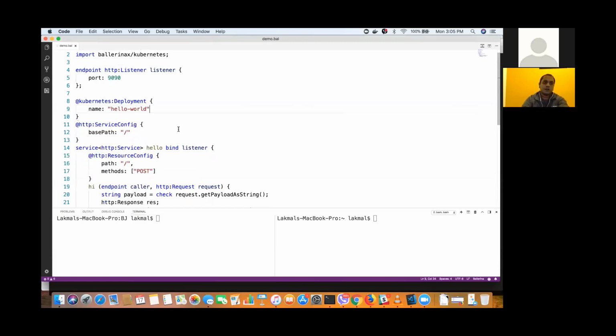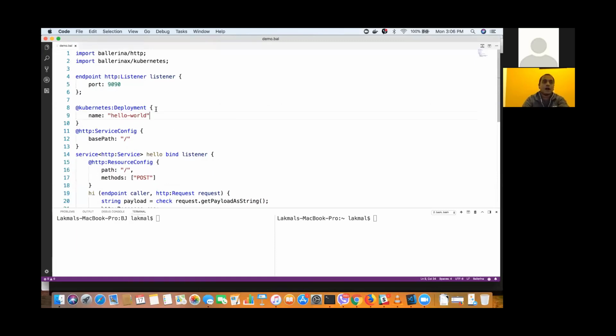Now I just put the name as hello world. That's enough for my demonstration. I'm not setting any liveness probe or other things, or even the replica count, though I could. This will create the Kubernetes deployment YAML as well as the Docker images.